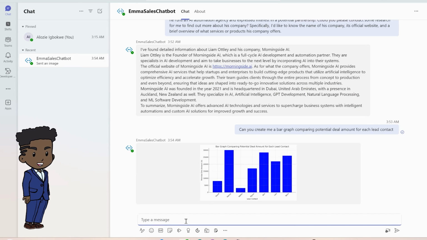And now you can see it gave you a bar graph comparing the potential deal amount each lead will bring in. So pretty much how much money we'll get from each lead. You see David is around 7,000, Patrick is around 30,000. So you can see all the deal amounts each lead could bring in. So now since I showed you a short demo of how Emma works, let's go into showing you how I